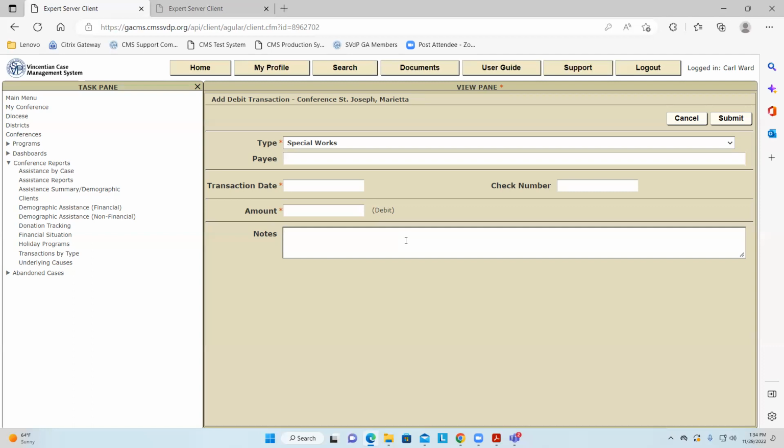Very good idea. Yeah, you could make it a note versus no. Well, for something like this, you're talking about a one-off. Well, again, there's quite a few conferences that say, hey, look, I do special works, but I really want to note all the people I've served, right? So I tell them, well, you have to do it in the expense, in the debit transaction for all the money that you spent on that special works. But then they want to tie it to, hey, I served so many people.